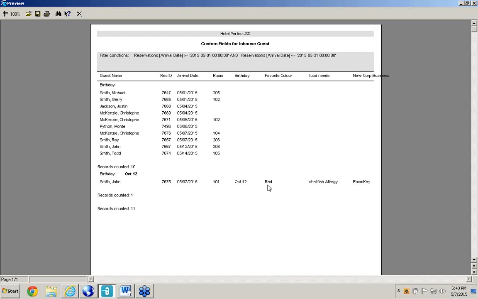And now I can see how I get red, shell food allergy, room key. And what I'm seeing is that new corporate business is too long. So I may just decide to go back and change this and just call it new business or new company or company name, etc. So if I wanted to use this specifically for tracking new business, I could go into